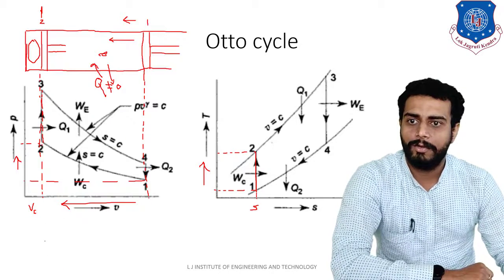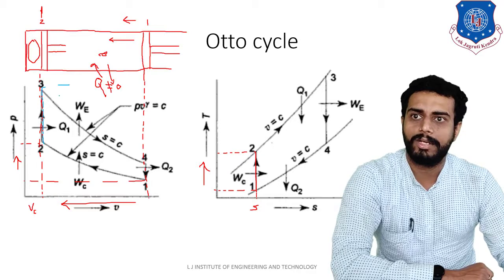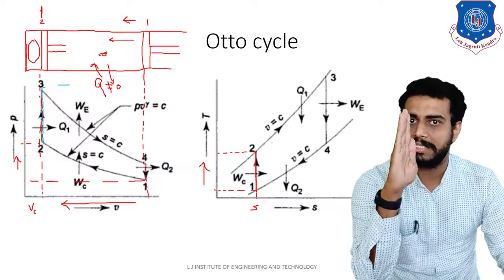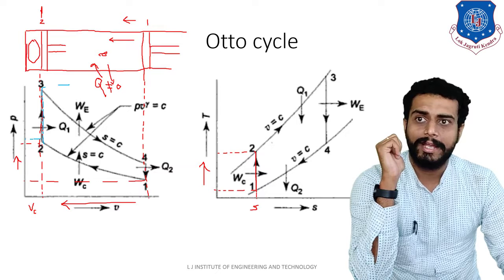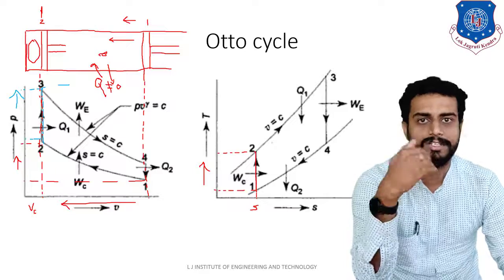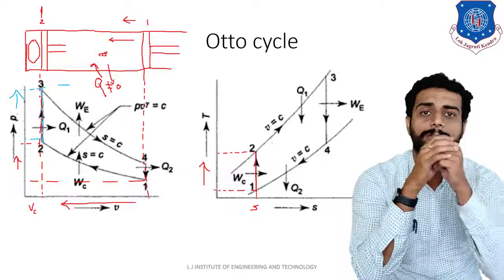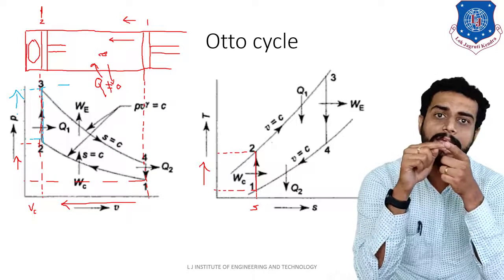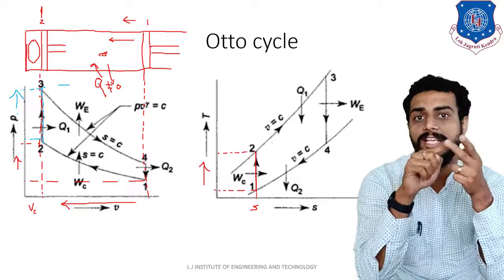Let me take another color for the 2 to 3 process. I am taking this blue color for the 2 to 3 process. During 2 to 3, volume is not changed because the piston is at inner dead center. You can observe that from point 2 to point 3, the pressure has increased, because as soon as you do the combustion, the pressure will increase and also the temperature will increase. Now this 2 to 3 process, write it down: this process is called a constant volume heat addition process. I am repeating again, reversible constant volume heat addition process, students.